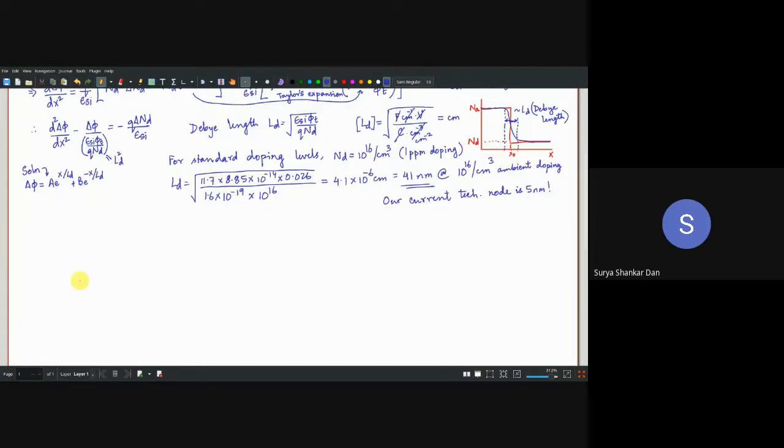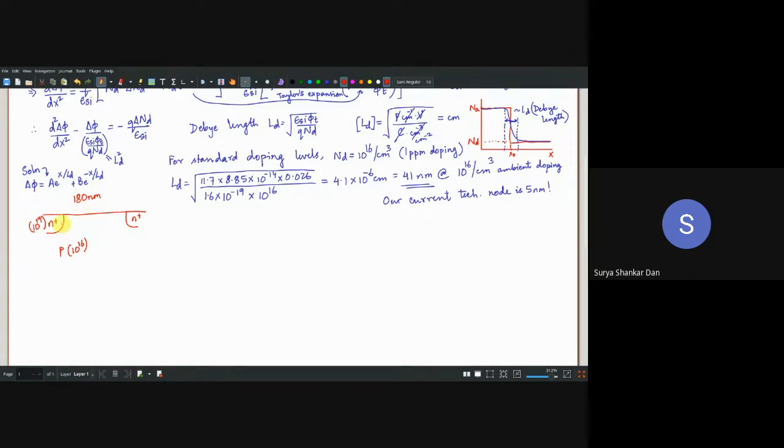Just imagine the situation now. We are speaking about the 5 nanometer technology node. So let's talk about the 500 nanometer technology node. 500 is too much, let's say 180 nanometers. Okay, so in 180 nanometers, when we say that this part is n plus, this part is n plus, and this is the p region. So if we are looking at 180 nanometers and n plus is a very heavy doping, let us say 10 power 19, and p is, let us say, 10 power 16. I am not writing the per centimeter cube everywhere, just saving space.